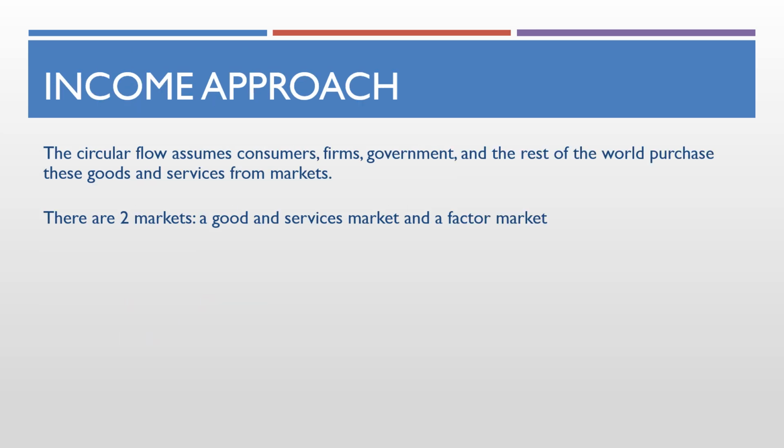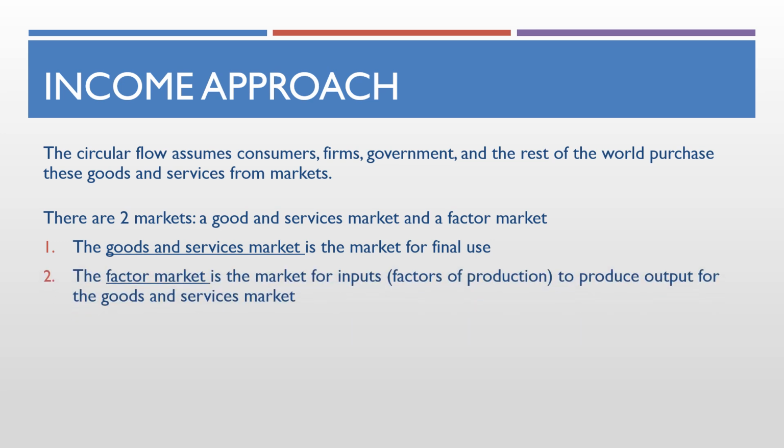So the circular flow diagram assumes consumers, firms, governments, and the rest of the world purchase these goods and services from the markets of an economy. And let's suppose there are two markets, a goods and services market and a factor market. The goods and services market is the market for final use, and the factor market is the market for the inputs, right? The factors of production that produce the outputs of services and goods. So in this case, households are paid for the input in the form of income, Y, and as a result, in this simple